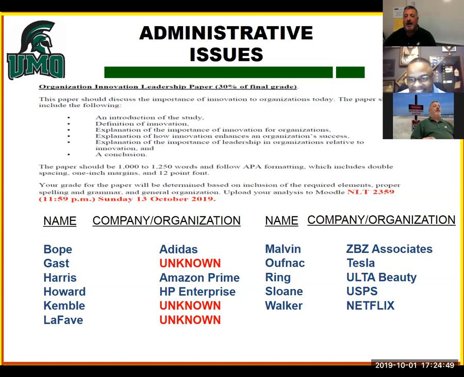Gotcha. So you're normally putting stuff in. You'll still do Wednesday night post, couple responses to your fellow students. Saturday, you'll still have your case study, which is going to be your last case study. And because of week 8, you won't have to worry about any of that. You'll just have to make sure your paper's done. And that should be it.